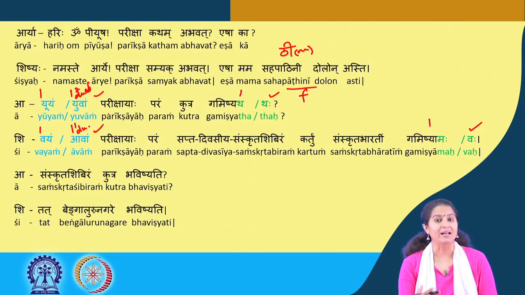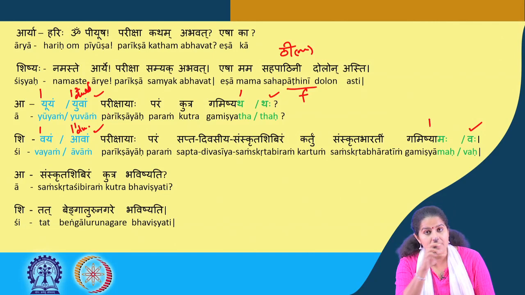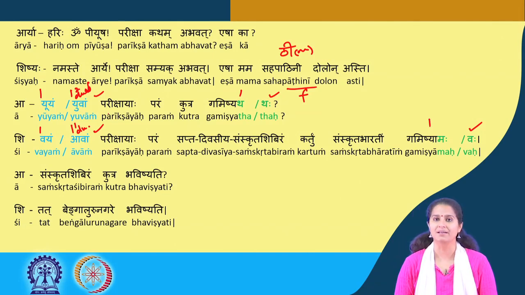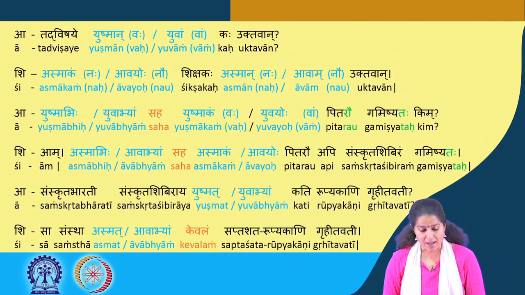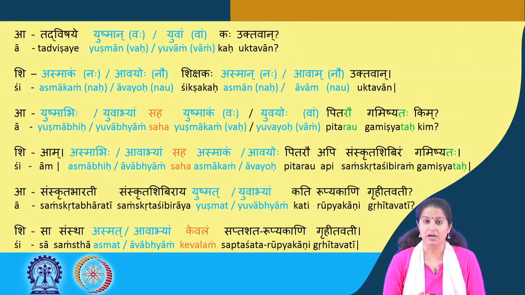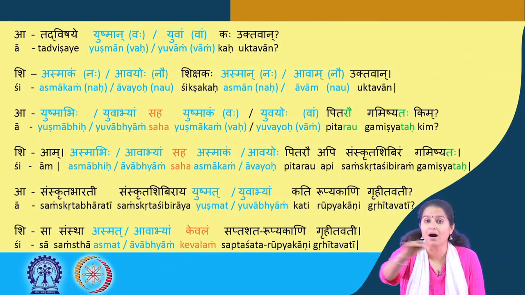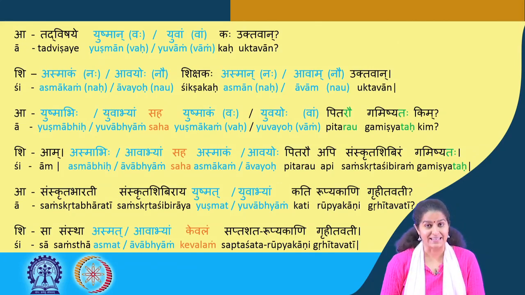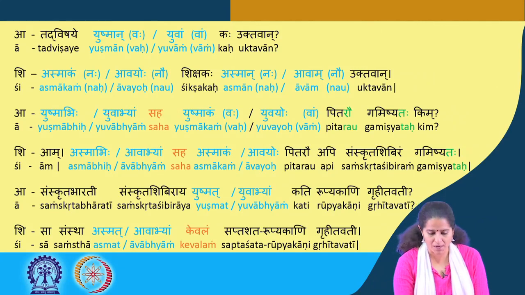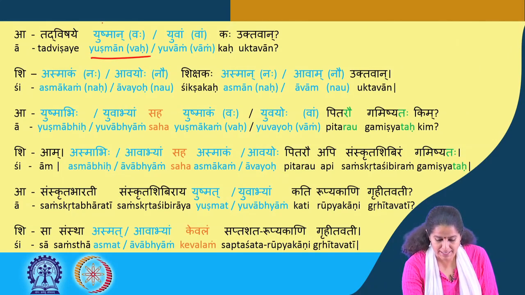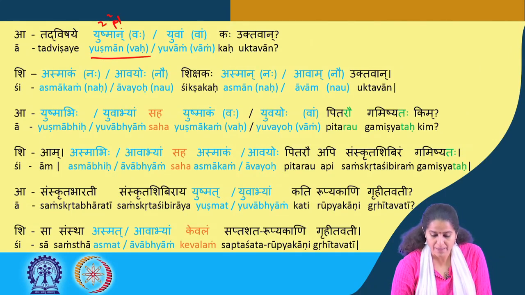Anantaram, next, Sanskrita Shibiram Kutra Bhavishyati. So, what I'd also like you to try and pay attention to is the writing of the Devanagari script here. Tat Bangalore Nagare Bhavishyati. So, that will happen in Bangalore. Anantaram, next, Tad Vishaye Yushman or Vaha. We've already seen that, the second case. Now, what happens in the dual case? It becomes Yuvam or Vam. Kaha Uktavan. So, Yushman is the second case for the second person plural, and Yuvam is the second case for